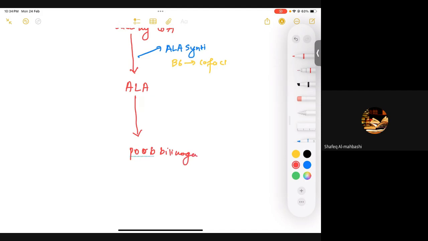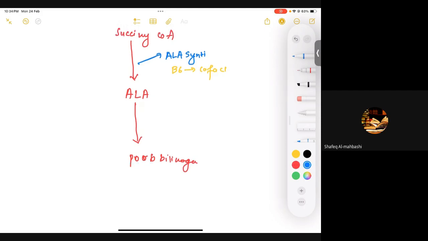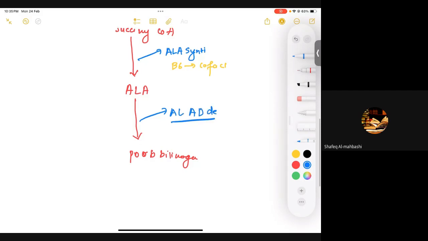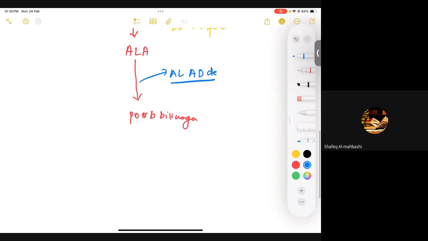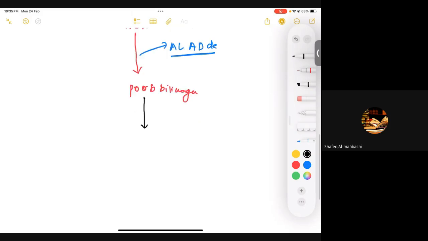But this time we are going to use another enzyme for that, which is ALAD, that is aminolevulinic acid dehydrogenase. Ultimately, we are going to have a bunch of other processes and intermediate steps that aren't important, but in the end, we are going to see formation of